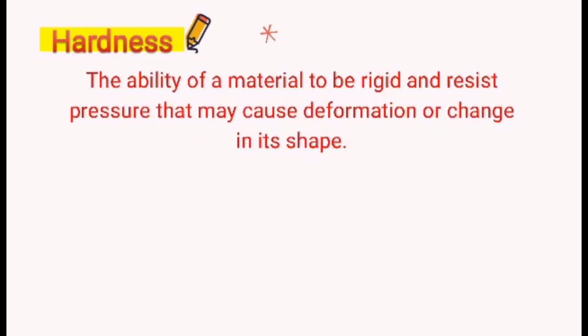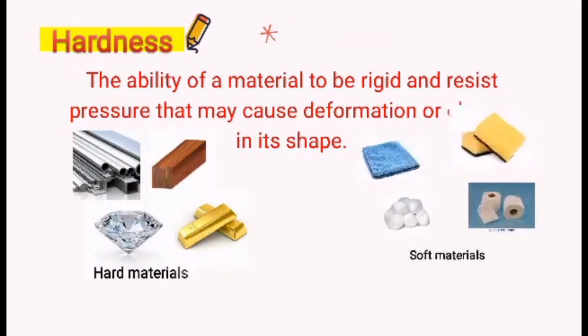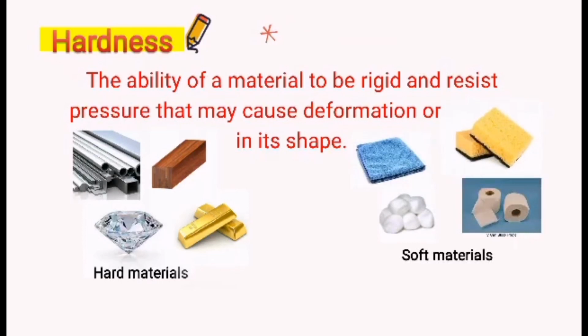Hardness. Hardness is the ability of a material to be rigid and resist pressure that may cause deformation or change in its shape. Hard materials like metal and wood can be used to construct buildings, bridges, or other infrastructure. Some materials such as metals are harder than the others. Most often,